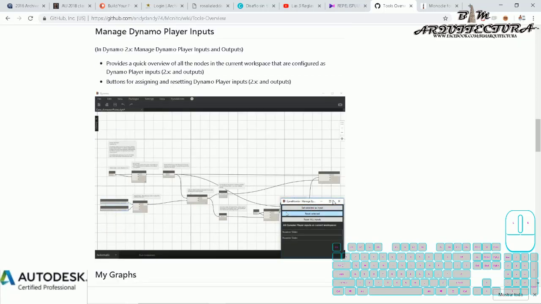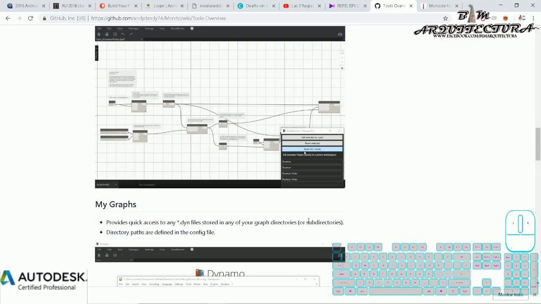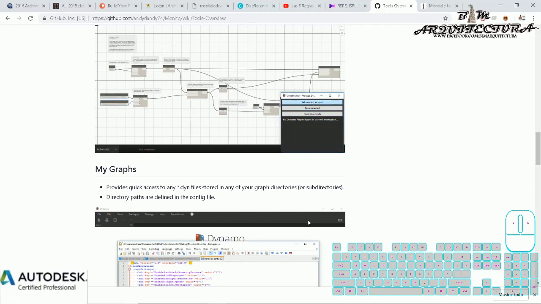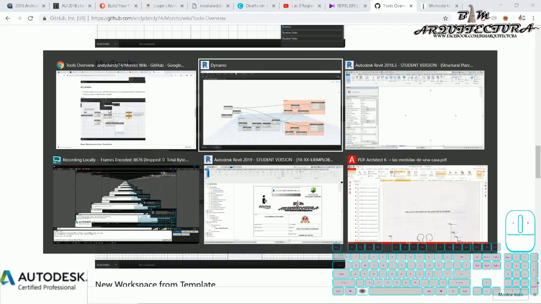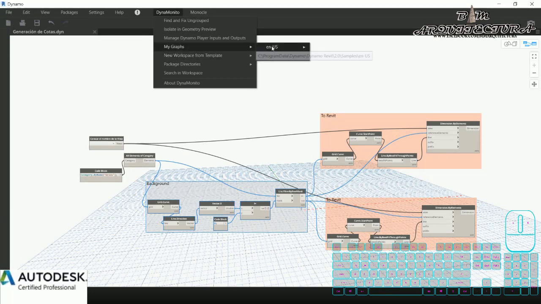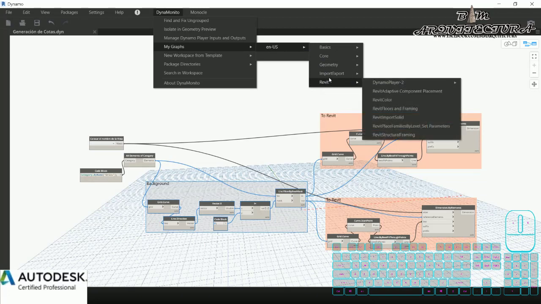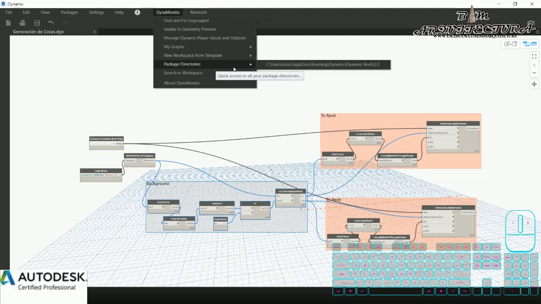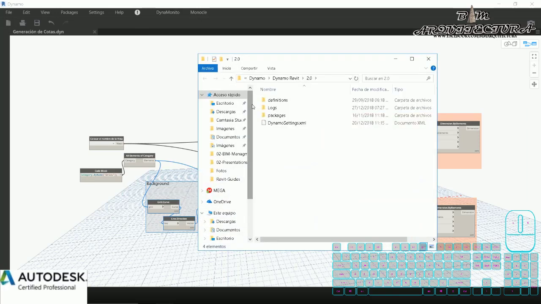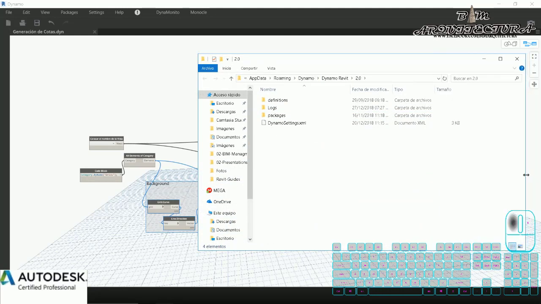inactive, so to say. And the other feature that I haven't had time to check is the input in Dynamo Player, and I think it's pretty good. You can create graphs and provide quick access to any Dynamo file stored. If, for example, in my graph I have the Dynamo example with the preview in the element, but I want to add some new element, I can show you in these graphs. We can create a new space,